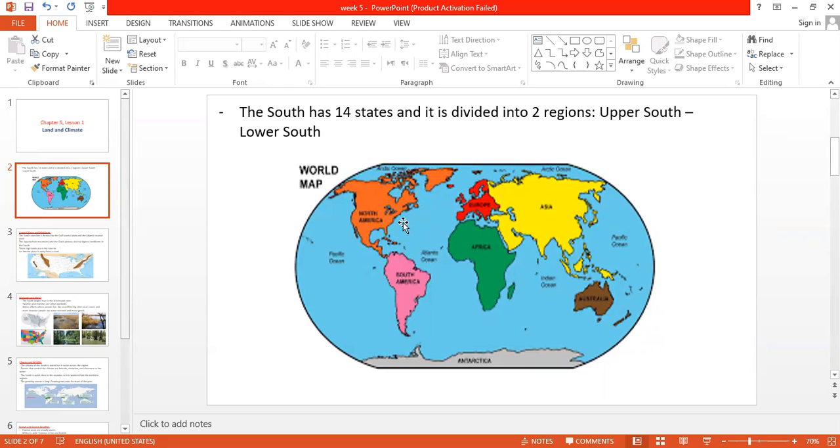What is this blue color? This blue color is the Atlantic Ocean. All of this water is the Atlantic Ocean. So America is located along the Atlantic Ocean, okay? And what else is here between North America, this part, and South America? This part is called the Gulf of Mexico. So this is the Atlantic Ocean and this is the Gulf of Mexico. Don't forget. Okay,